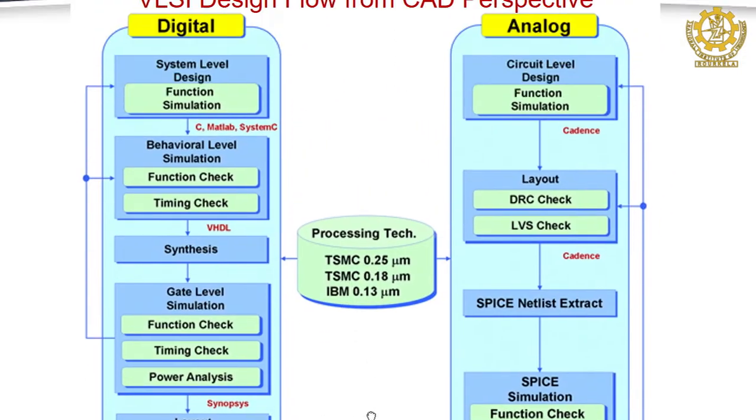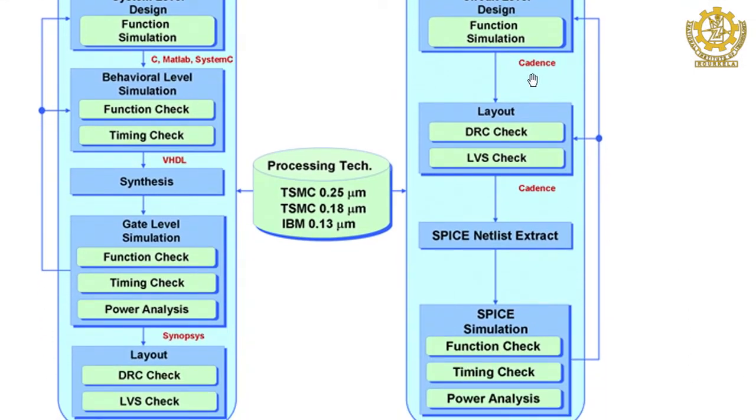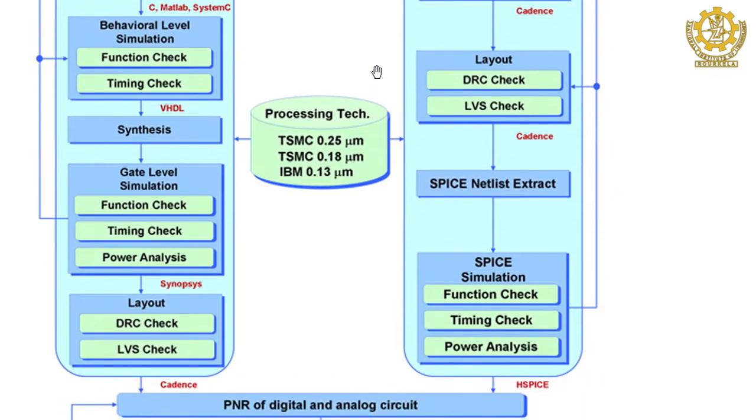Okay. So, once digital design is over, at the same time if you see the analog design, we will discuss the blocks individually again. So, if you see the analog design, this starts from the circuit level. So, in analog you will never find any gates. Okay. So, it will start from circuit. So, wherever you are doing some design, always one phase of simulation will be involved. Okay. So, that functionality checking or functional simulation is there. Here they have written a tool called Cadence. Then again, one circuit means it is transistors, right. So, the transistors have to again pass through the physical aspect, that is layout. Okay. Then DRC, LVS, design rule check, layout versus schematic.